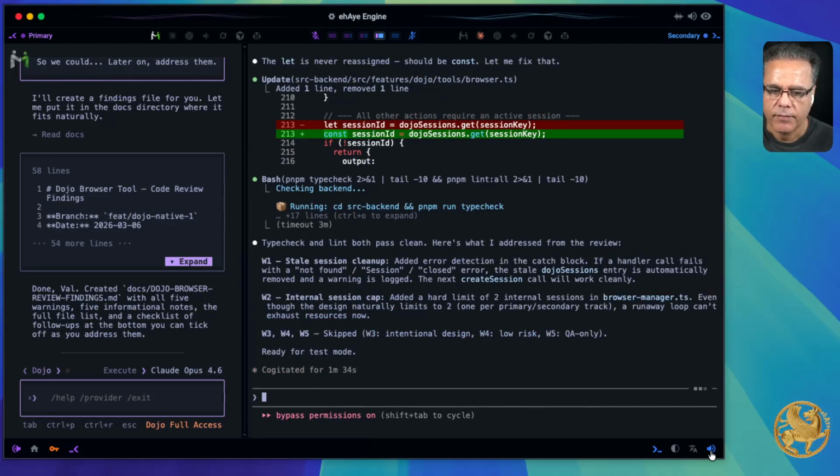I reviewed all 5 warnings from the code review and addressed the 2 that warranted code changes. Found or closed, the stale reference in the Dojo sessions map is automatically removed and a warning is logged. This handles the case where the MCP layer's timeout closes a session that our map still references. For W1, the stale session problem, I added error detection in the browser tools catch block. When a handler call fails with an error message indicating the session was not